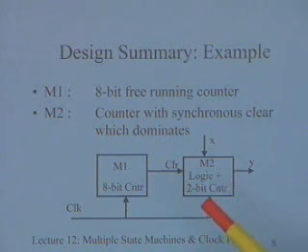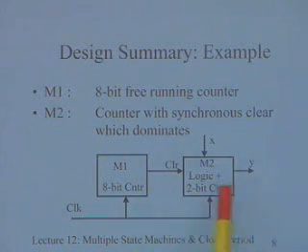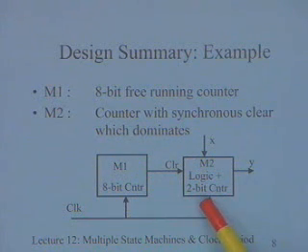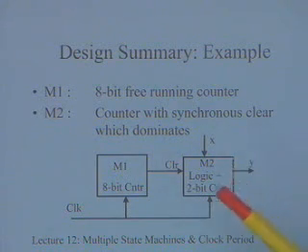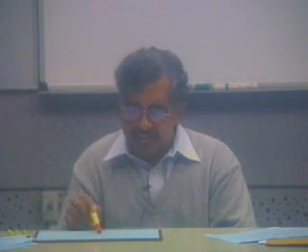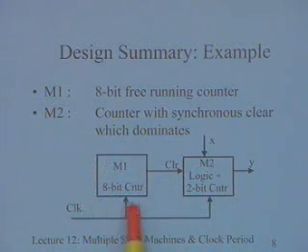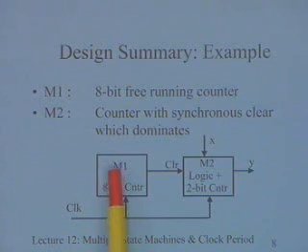So these are some of the things, you can sometimes considerably simplify the problem if you understand the problem and understand the realization. You have to know a little bit about the hardware that is going to be implementing this, because the brute force method of implementing the 2-bit state diagram may lead to a lot more logic, a lot more gates than if you actually use the information that this clear can be useful. So I have an 8-bit free running counter for implementing M1, and I have a counter with synchronous clear, and now